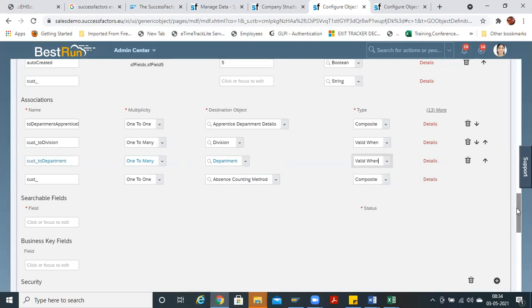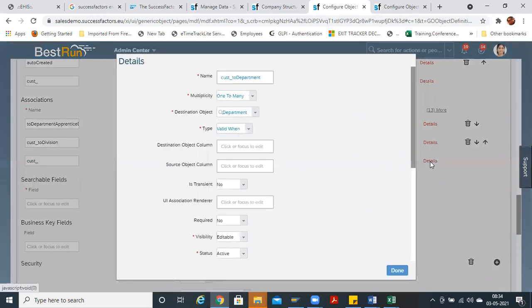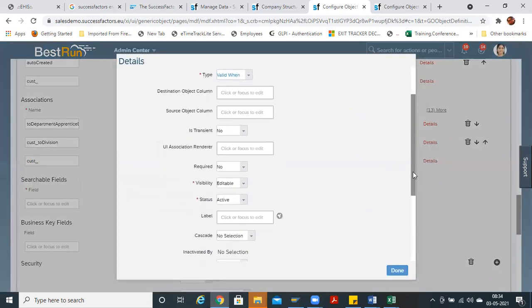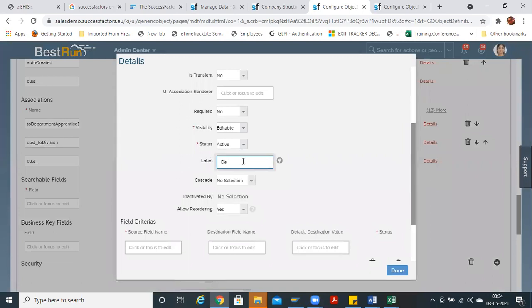Okay, you can even associate it with this, like this. Just name it as department.